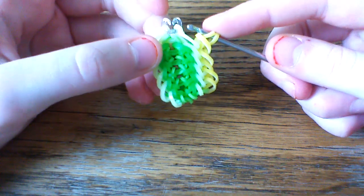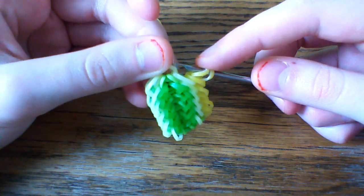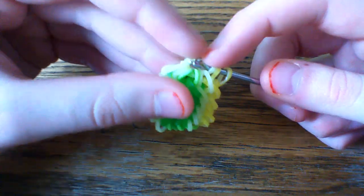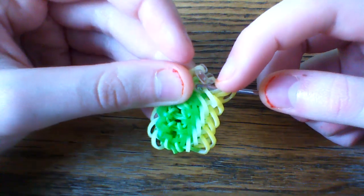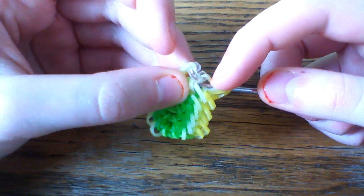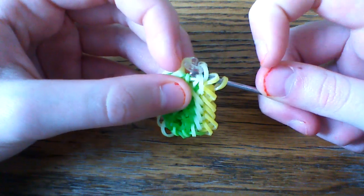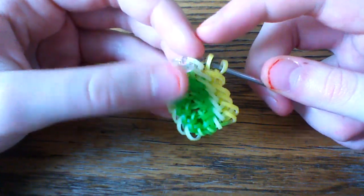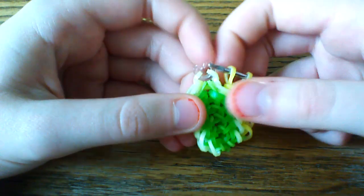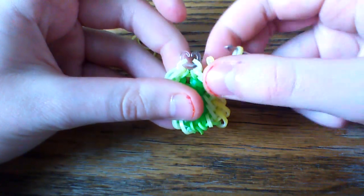Okay, so I grabbed that yellow band, and now what I'm actually going to do is grab the yellow band inside of this C-clipped band here. But the way I'm going to do this is I'm going to grab the second loop, so I'm not going to pull the first loop out. But because I want it to look like the rest of the bracelet, I'm going to kind of slip knot that. So pretty much you are going to grab both of these loops. I'll try and show you better, but it's kind of hard to do with the lighting the way it is